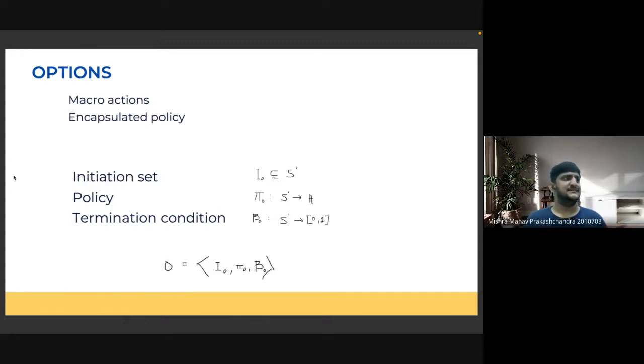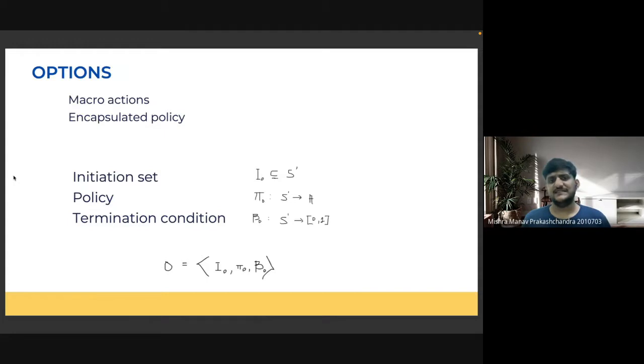And the assumption is that there is an encapsulated policy. The policy of option pi o is given to us, and once the option is executed, we are constrained or bound to follow that particular policy.